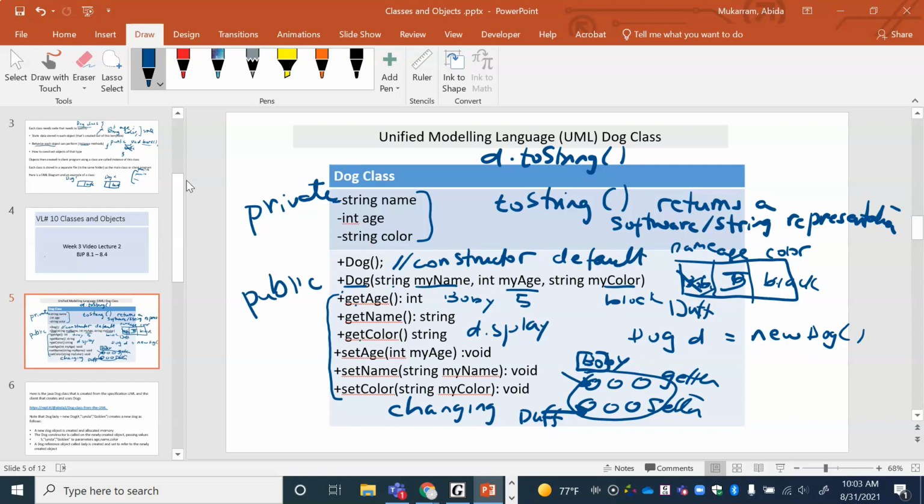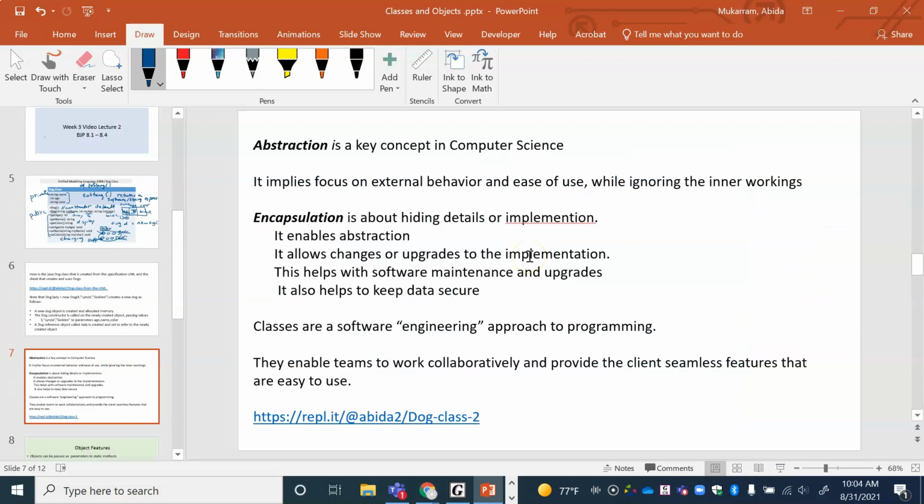That means anyone can push the button, but no one can actually go inside the dog to get its social security information or its name and change things and have software leaks or security leaks. So this is an important concept, and we will just talk about this in a little bit. So this brings us to the concept of